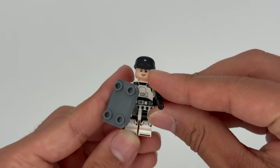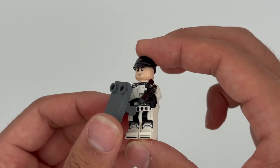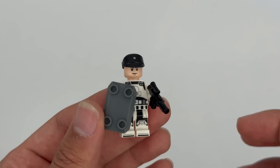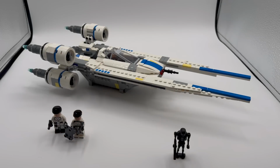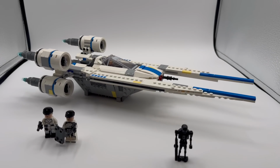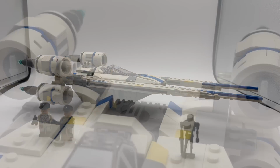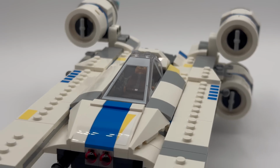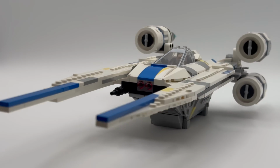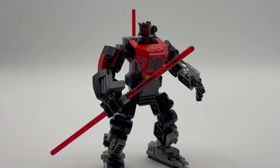Overall, I'm fairly happy with the U-Wing. I gotta say, I prefer the older one though. The older one was just a lot bigger. I felt like the minifigure selection was more interesting, obviously because it was based off of Rogue One. It had some alien characters and more unique elements being introduced, and I just felt like it was more substantial of a build. But this is nice if you missed out on the older one, but I do have to wonder if LEGO is taking things too far into the wrong direction by making things so stable that they're way too small. But with that, let's move on to the next set, and that one is 75411 Darth Maul